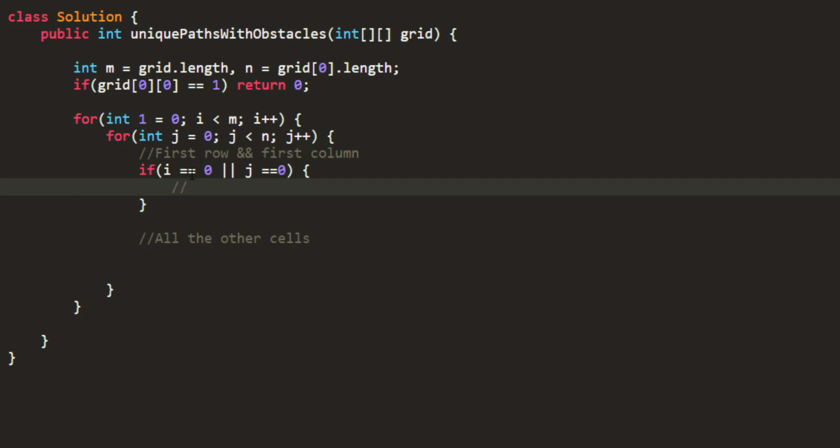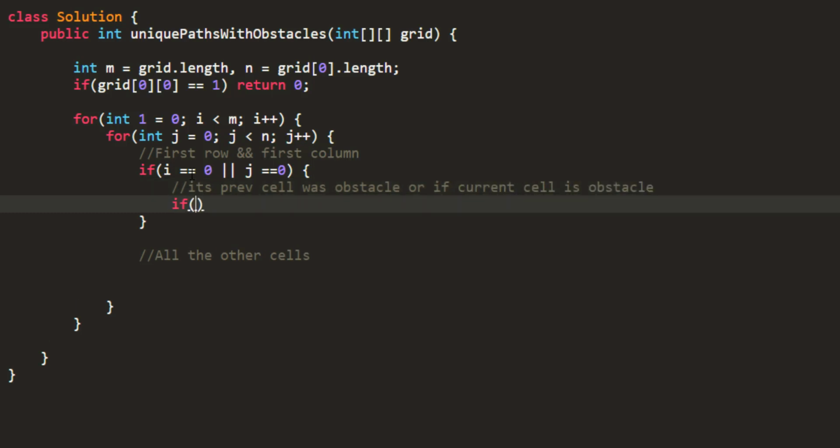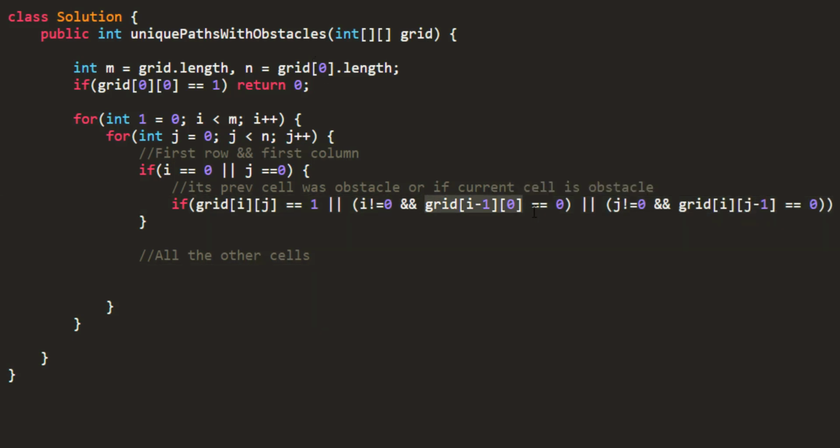The cell would be marked 0 or unreachable only if its previous cell was an obstacle or if the current cell is an obstacle. So let's write that condition. So this states that its previous cell was unreachable in case of previous row or previous column.